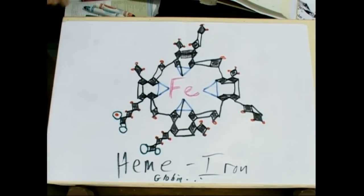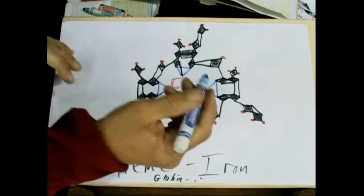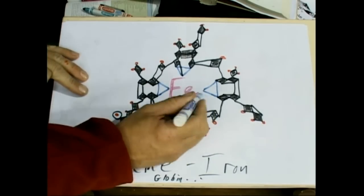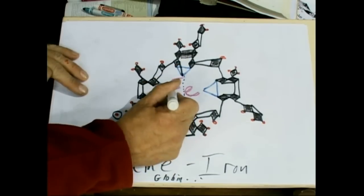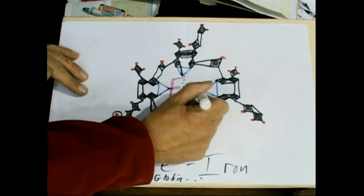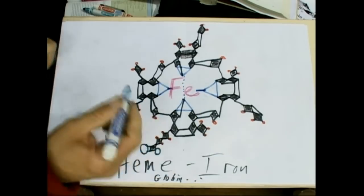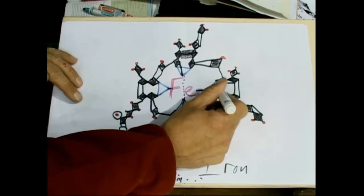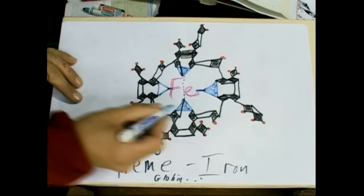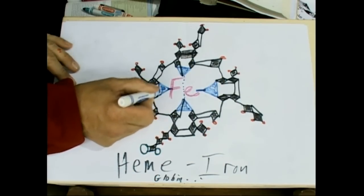So now we look in the middle of this. What we're going to see is that the nitrogen on the triangle here is going to be like dot, dot, dot, dot through there. But it's going to be an actual bond this way. So we can color these in. This is the best way to draw